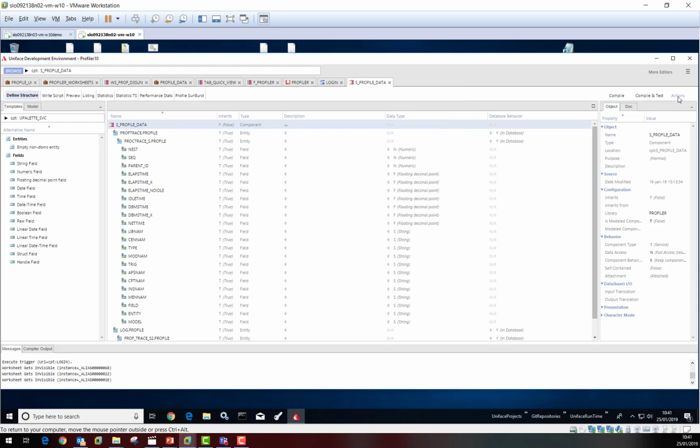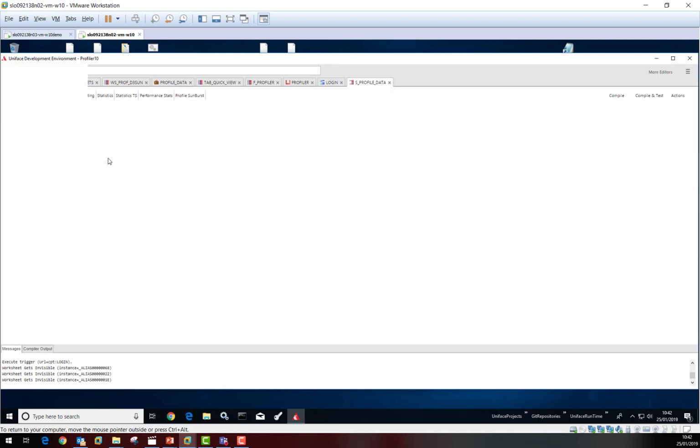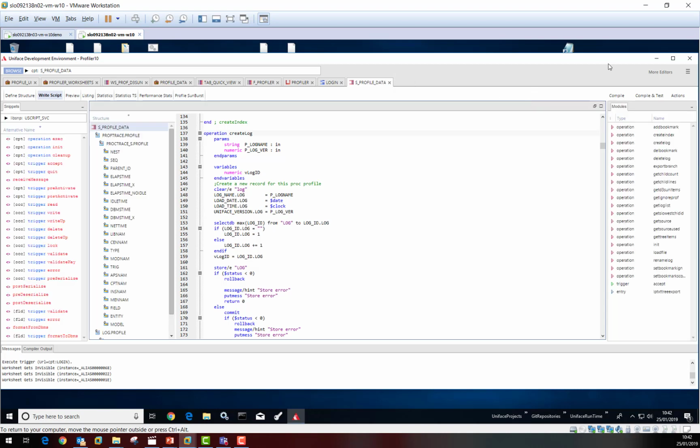At the other layer, where it's context sensitive, I'm currently on my S-profile data component, I can go in and you can see here I've got activate profiler. In this case, context sensitive information gets passed in. It could then be that I've done certain things on this tool, identified a problem, and when I come out, I'm now going to use the API to say to Uniface, I found an issue, navigate to a certain place on a certain object. So if I come out, we can see that it said, I found an issue in my tool on this create log operation on the S-profile data component, and so